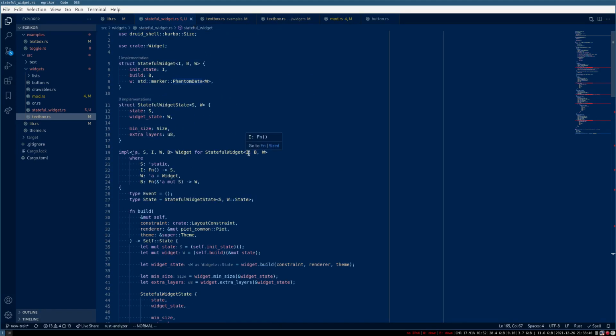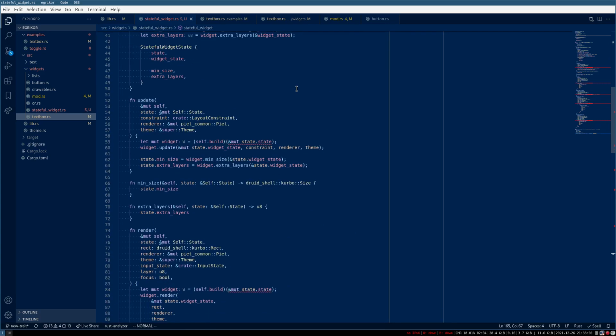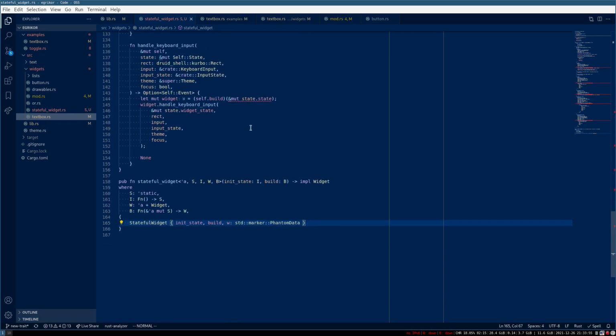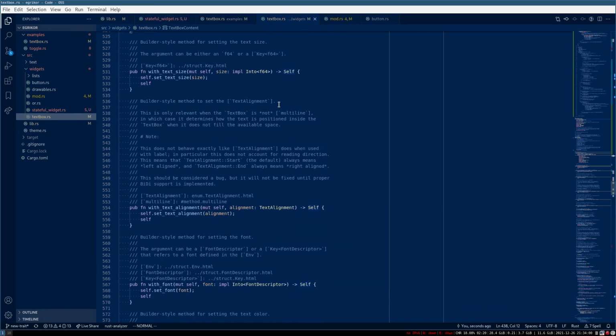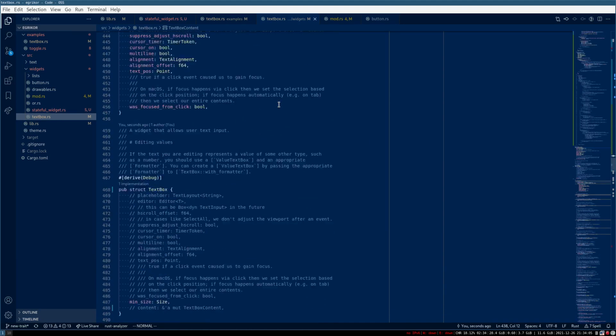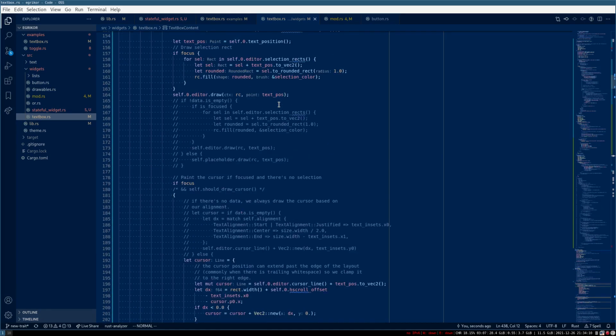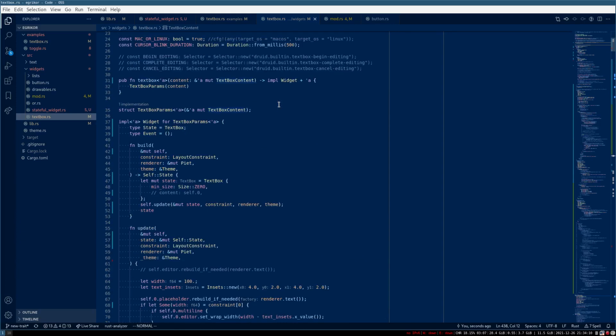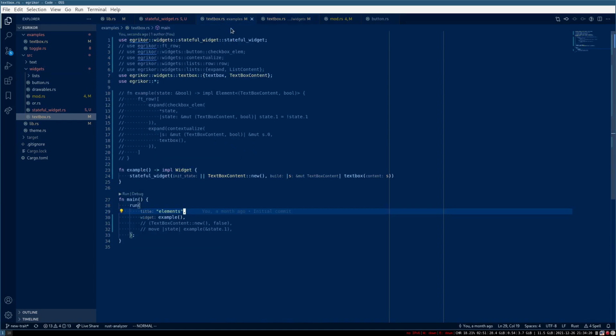Hello. Today we're gonna build the thing that was missing for a working example last time. So last time, what I did was adapt the text box to the new widget interface and make that work. But for it to work as an example,